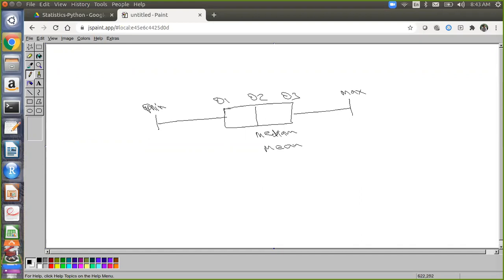Because in case of outliers, the mean will be skewed to the right or left. So we need a middle value. Okay, so correct answer. Because in case of mean, your values will be skewed. So why will they be skewed in case of mean and why not in case of median?